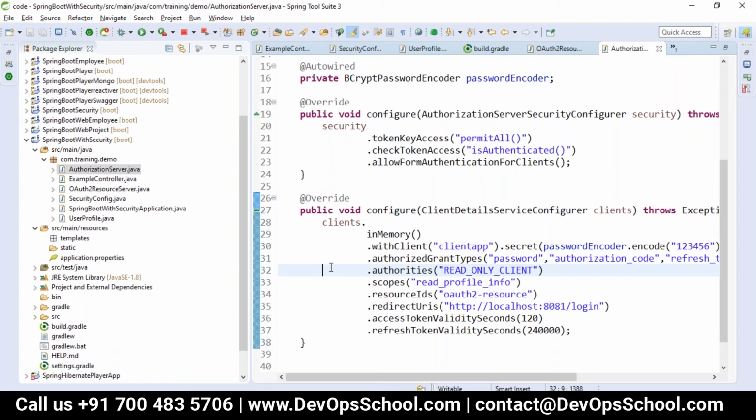I did not understand the refresh token usage. See, the access token will have a validity, and it will always be minimal, maybe 5 minutes or 10 minutes, after which it is no longer valid.